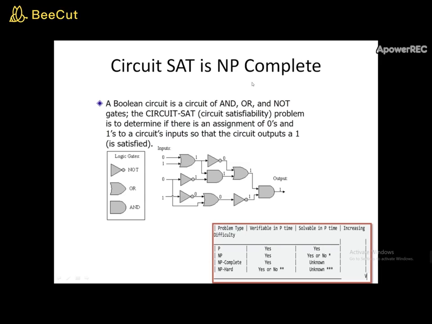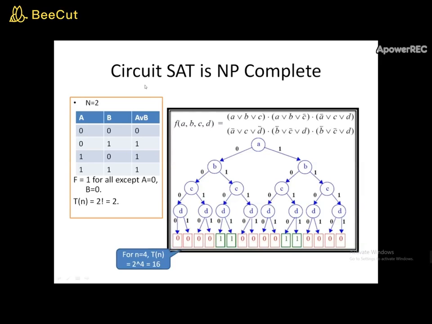And this problem we are going to call an NP complete problem. So just to recall what is an NP complete problem, you will not know whether it can be solved in polynomial time, that is it can be a non-deterministic polynomial solution, but definitely it can be verified in polynomial time complexity. So that is why it is called an NP complete problem. So from the circuit satisfiability, we'll move on to how we are going to say that it is NP complete. So that is our next